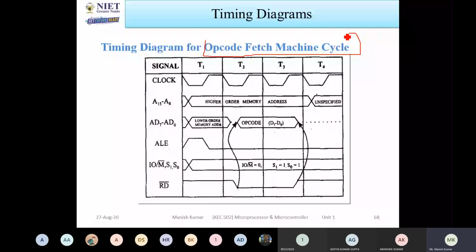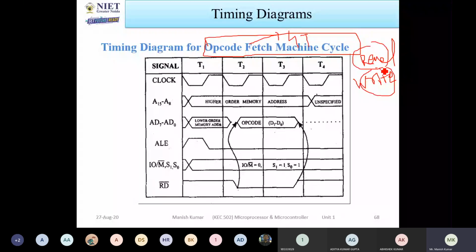So when you are going to draw these timing diagrams, then you have to remember some concepts. How can you proceed and where you have to start? Okay. So first of all, you know that opcode fetch cycles require 4 T states. Read and write cycles require 3 T states. So whenever we are talking about opcode fetch cycles, I will always talk about the 4 clock cycles. When I talk about read cycles and write cycles, I will talk about 3 T states. Okay.